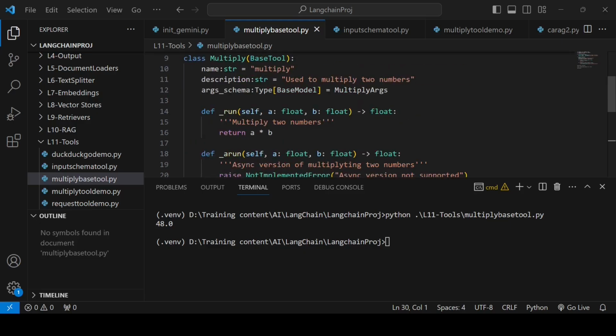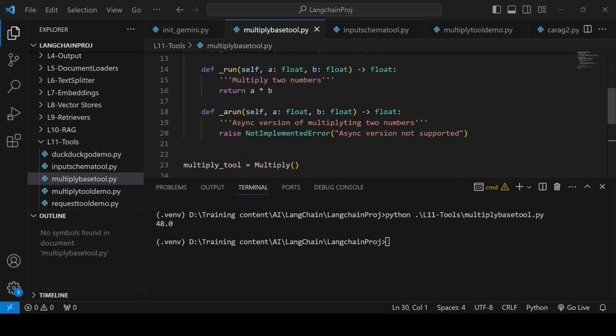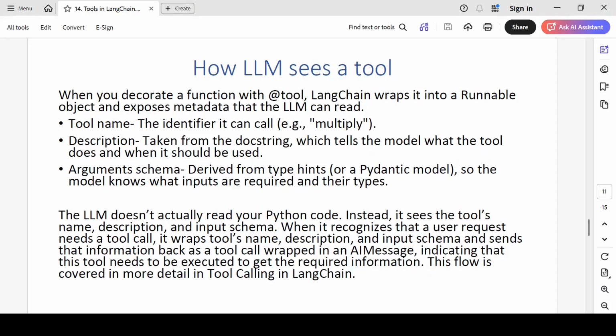As a class, you can create it with inheritance and all the methods here itself. Right, async version also, you need all that. If you need that, then you can go with this BaseTool. Otherwise, for a simple one, you can just rely on the @tool decorator. Okay, so now we have seen both the ways of creating a tool. Though one thing we have not done is integrating this tool with the LLM. That actually is the way you will run these tools, not directly invoke the tool yourself.